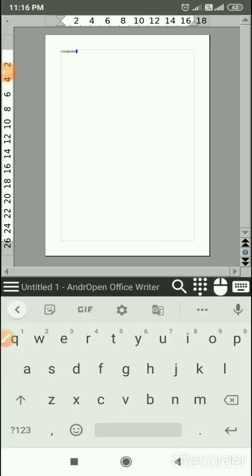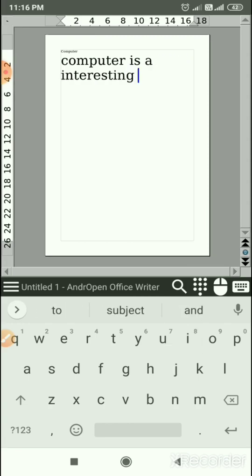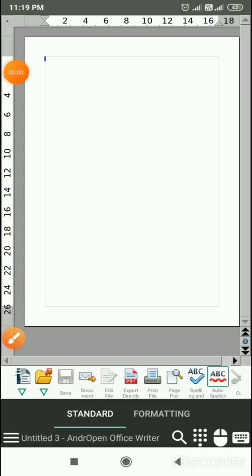Now I will type again. Now the font size is larger. Yes, by this way we can create our text document. Now in this children, first we will learn how to create a text document, and then we will learn how to save that document.